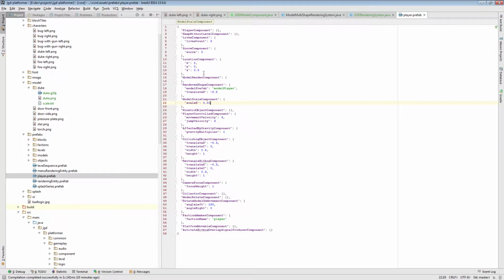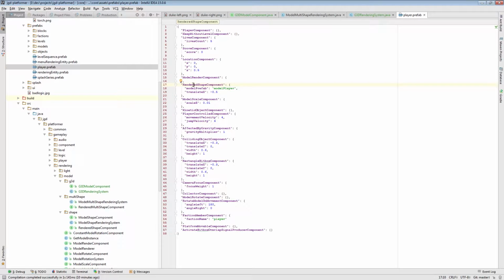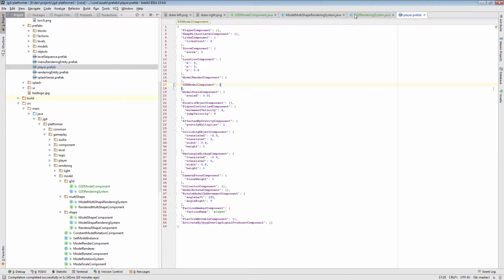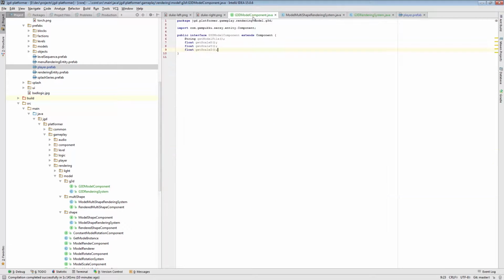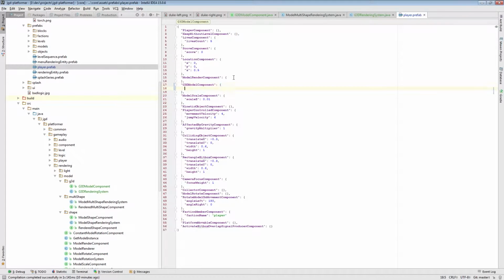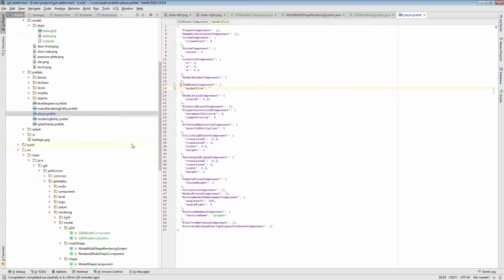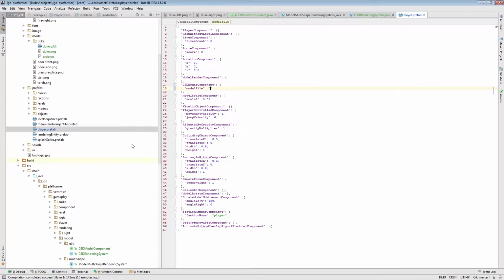Okay, so now I have to modify the player entity, the player prefab, sorry, to use this new component. So before it was using rendered with shape. Now instead we'll be using G3D model component, and the model file will be model/duke/duke G3DJ,